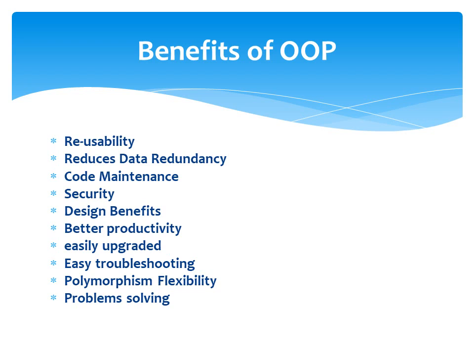Eighth, easy troubleshooting. Object-oriented programs are self-contained and each object does its own work. So when problems arise, we can easily identify which object is causing the error. For example, we are working on a college module and there is an error related to attendance. So we don't have to search for the error in the entire module. We know that there is a problem only in the attendance class.